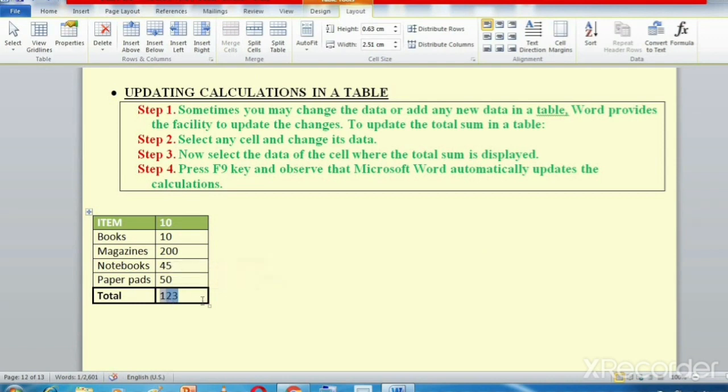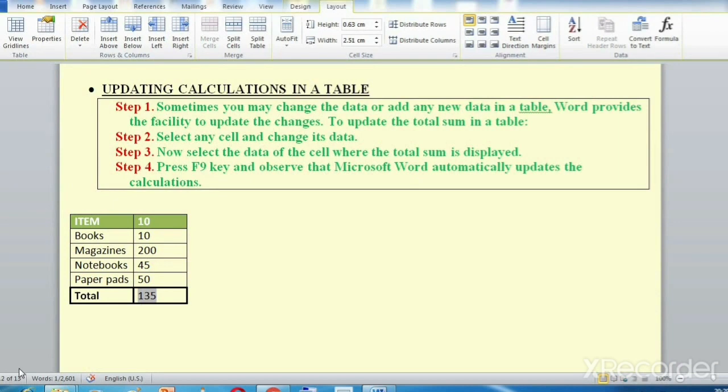Just give me a second. F9. Just a minute, students. I'm really sorry, students, for the interruption. The F9 key on my laptop is not working. You know, my laptop is very old.